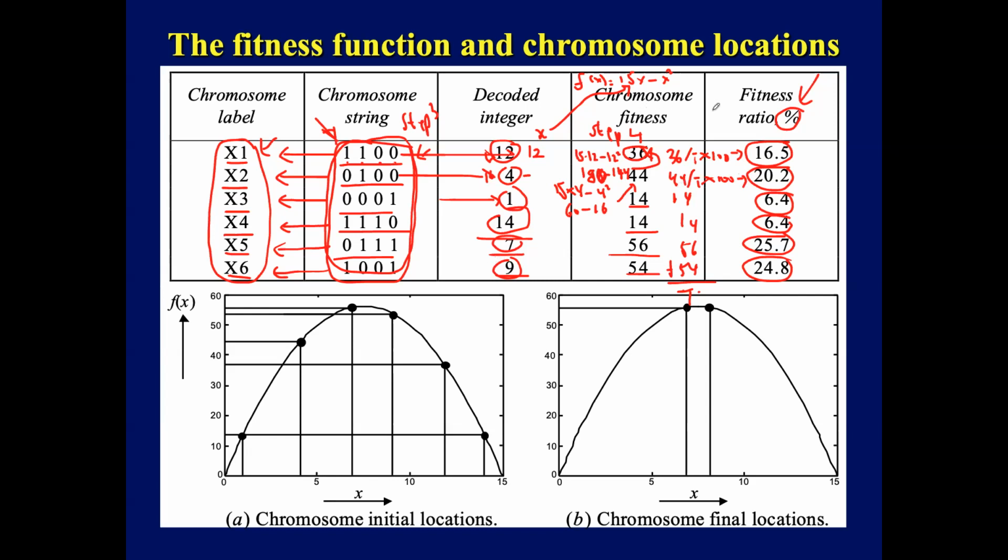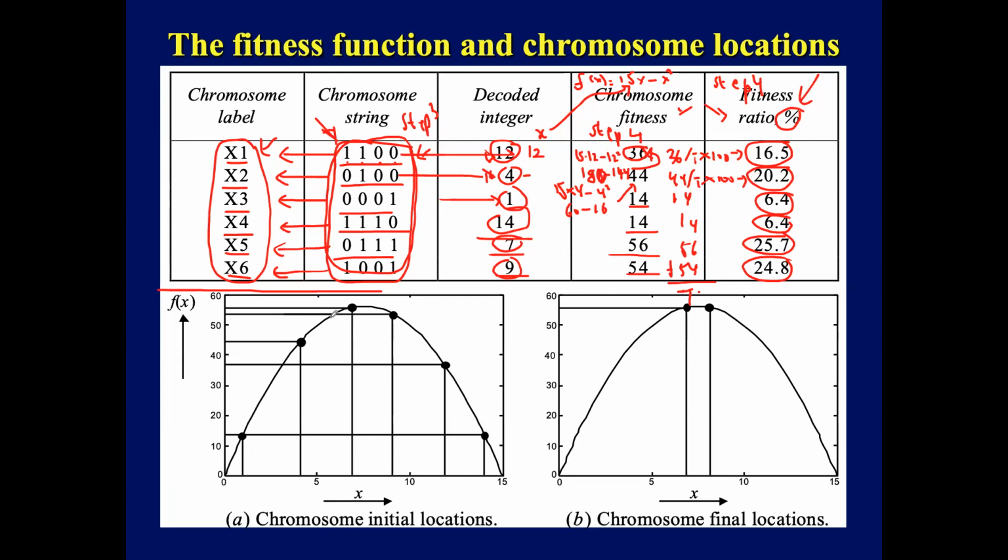So that is step number 4. Step number 4 is where we determine the fitness and also that fitness ratio, because that fitness ratio or value will help us to determine parent chromosomes. So for now, you may not be so concerned about the graphs down here. What they are showing is that